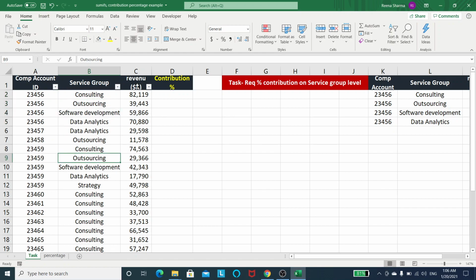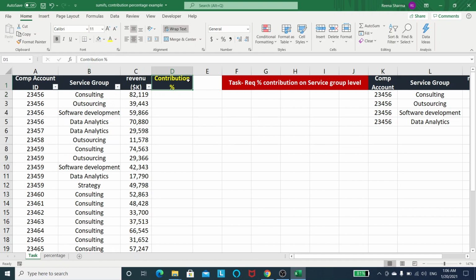I have the revenue number according to the service group, like consulting contribution in the revenue is 82,119. Outsourcing is 39,443.